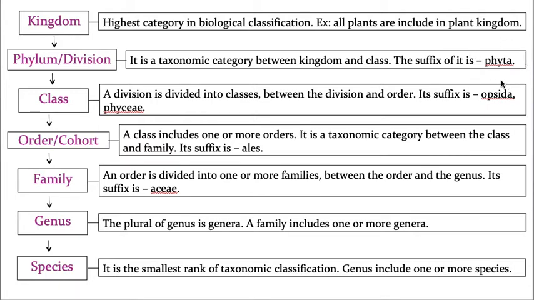But please understand, this is a very important thing. Not every time. For example, if you go to the animals, are you calling it Poriferophyta? That name never exists, dears. I am talking about plants. For plants there are certain rules. For example, if you are following plant classification, then the phylum, that means a division, must end with phyta. But when you take animals, this rule does not apply. Hope you understand. I hope I am not confusing you.